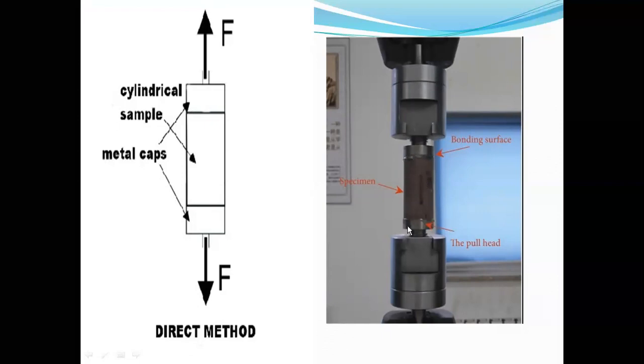These are all the laboratory setups. Okay, look at here. This is the specimen, and these two are the holding devices. Whenever you are applying the force, it will pull the specimen in both directions. As a result, what happened? It fails somewhere, which will give the tensile strength of the specimen by direct method. This is the vertical setup that is used to carry out the vertical tensile strength testing operation using direct method. Okay, let's move on.